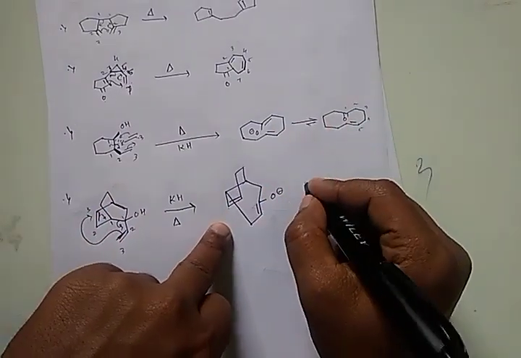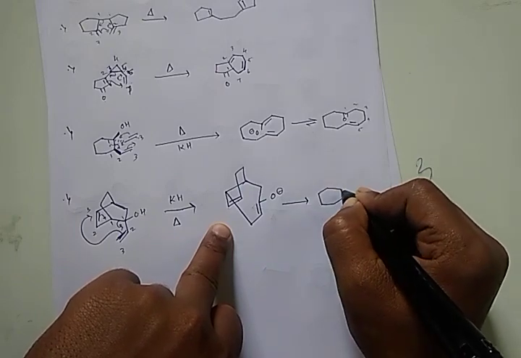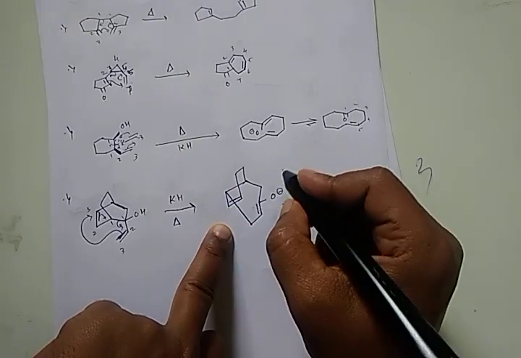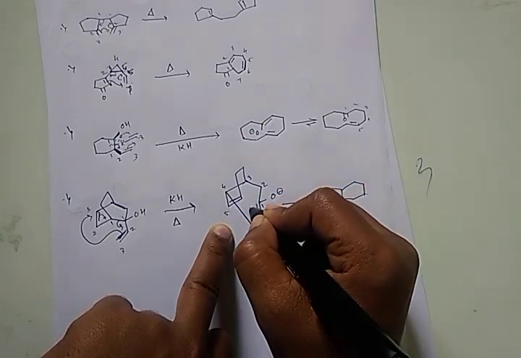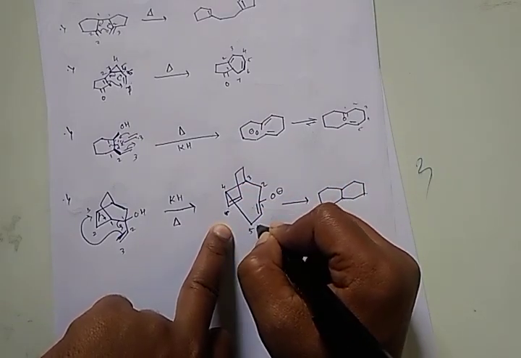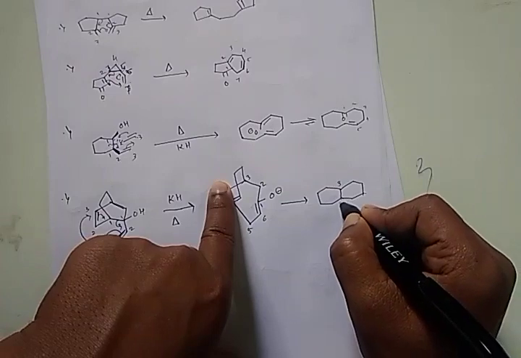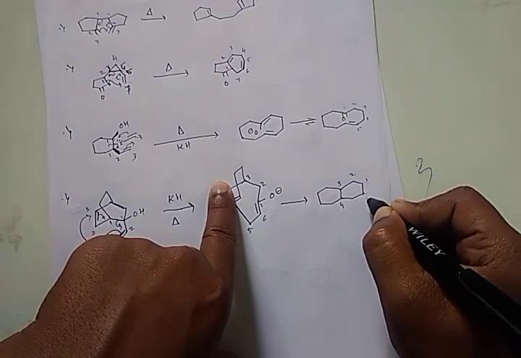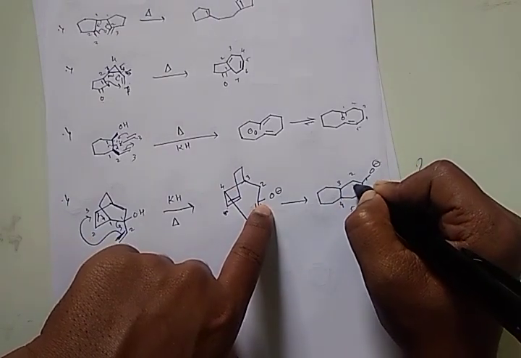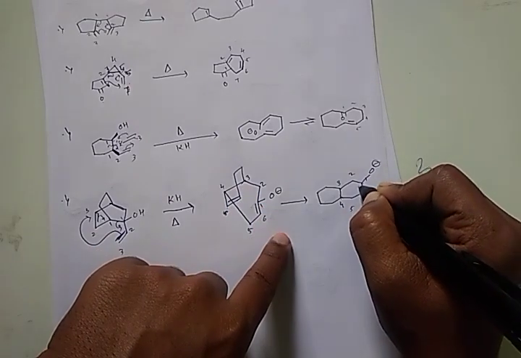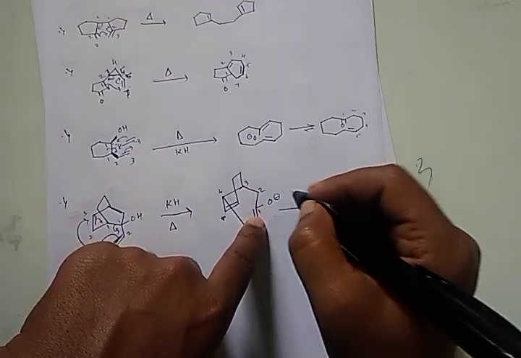Now how can I write these two rings which are fused to each other? So simply I can go with this. Fine, now if I number, let's say 1 2 3 4 5 and 6. Okay, so 3 and 4 have to be at the junction, 3 4, then 2, then 1, then 5 6. At one position you have O minus, in between 1 and 2 you have one double bond, in between 1 and 6 you have one double bond, and in between